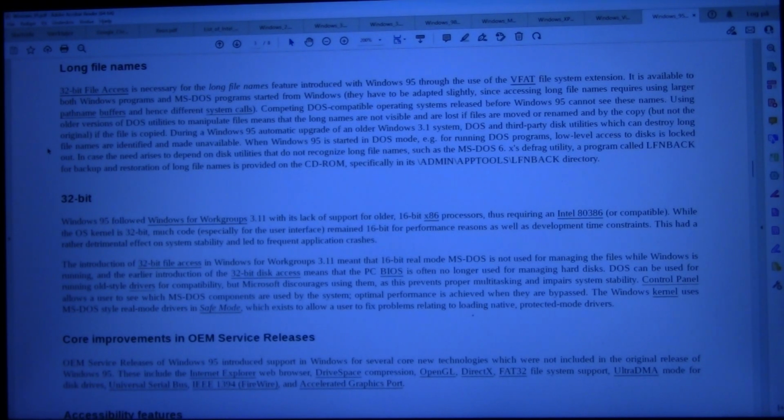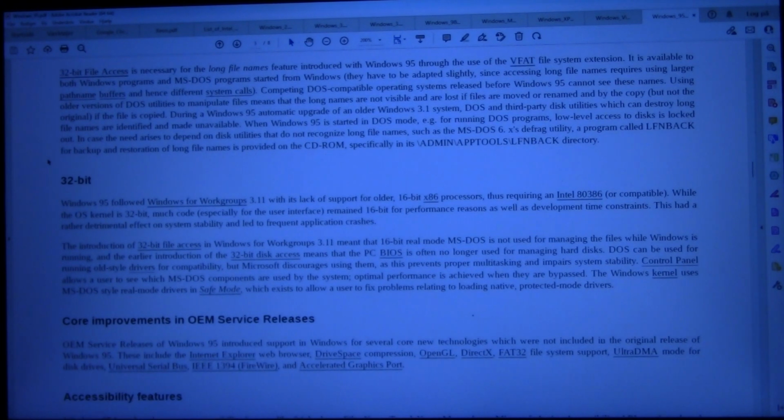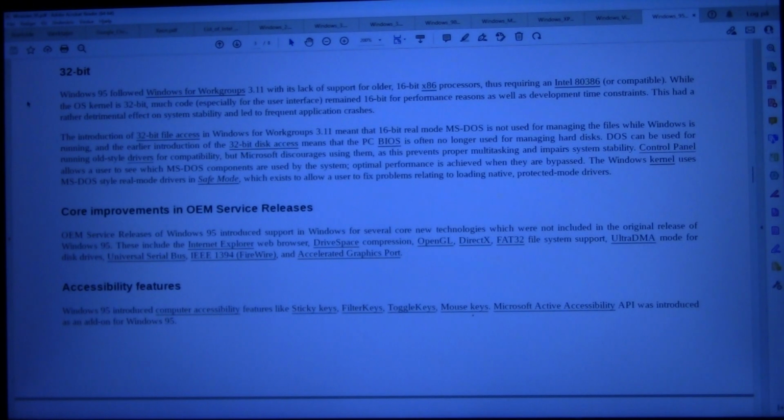In case the need arises to depend on disk utilities that do not recognize long file names, such as the MS-DOS 6 XSDFrag utility, a program called LFNBACK for backup and restoration of long file names is provided on the CD-ROM, specifically in its /admin/apptools/oldback directory. 32-bit. Windows 95 followed Windows for Workgroups 3.11 with its lack of support for older, 16-bit x86 processors, thus requiring